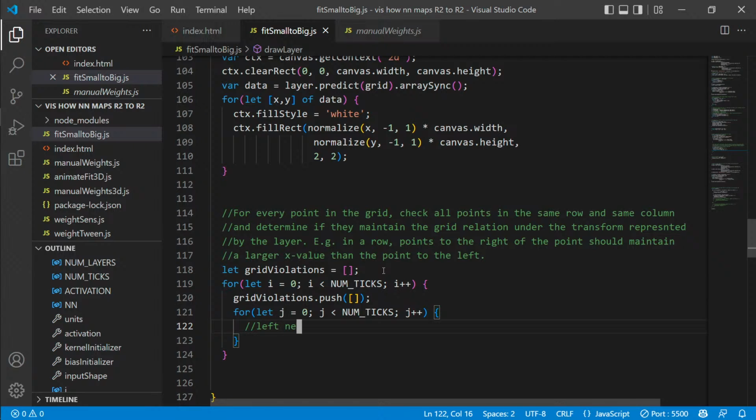So left neighbors, right neighbors, top neighbors, bottom neighbors. Yeah. So, left neighbors, if j is greater than 0,